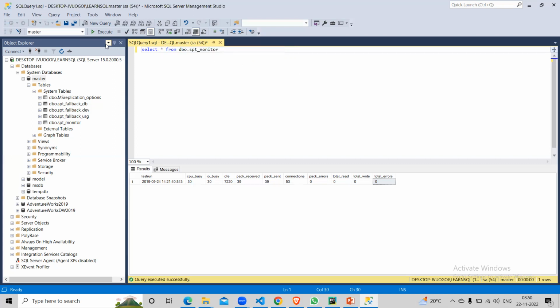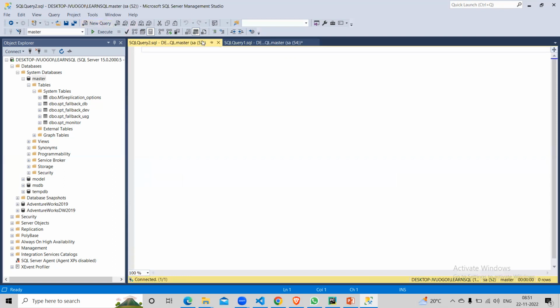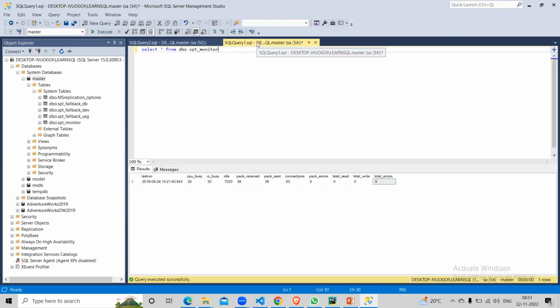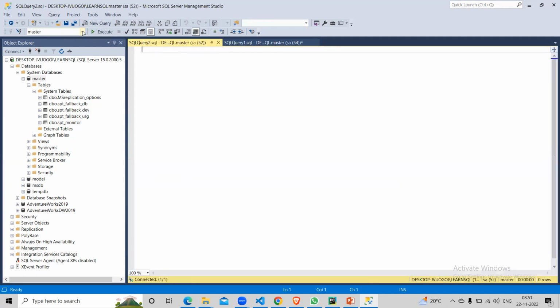So this is IntelliSense. Let's say you want to have another editor, to practice something else in parallel. You can click on new query, and it will create another tab here. You can connect to one database in one tab and another database in another. If you click on this query, it is master here. I click on this, and I can select, let's say,